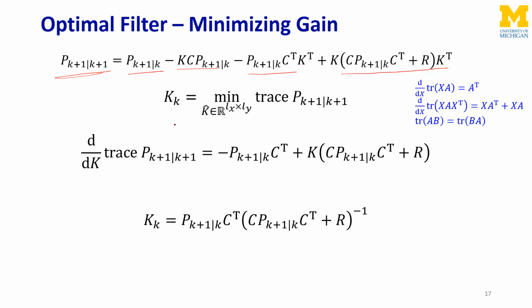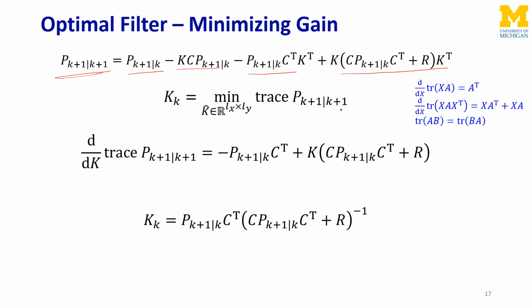Now, the minimizer, this gain k minimizer, let me back up. The gain k that gives us the minimum trace of P k plus 1 given k plus 1. Oh my God, so many k plus 1s. Okay, let me say it again. The gain k which minimizes this,